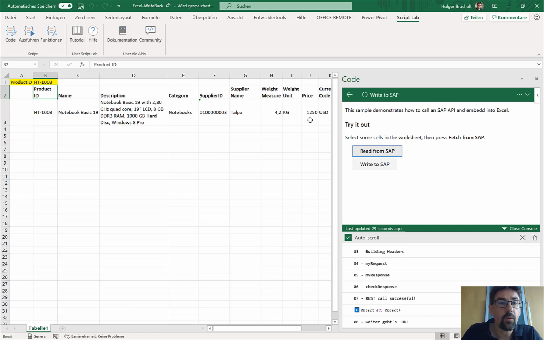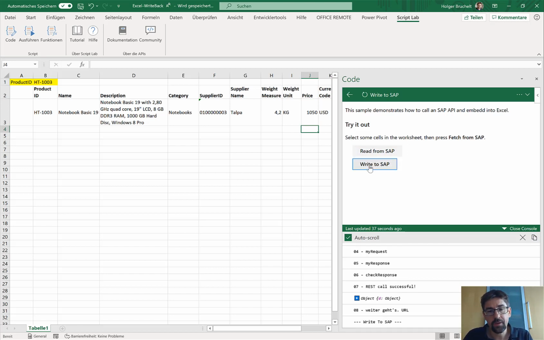But now I want to use Excel, so I will reduce it even further. Let's make it 1050, and I click on Write to SAP. So now we're calling the OData service. Actually, in my scenario, I'm doing this via a proxy that is running on Azure, but from there I'm calling the ES5 OData service, and we are writing this information back to the SAP system.